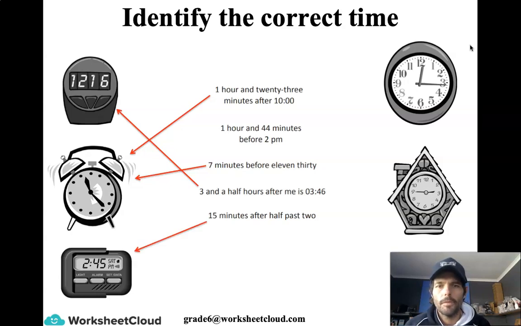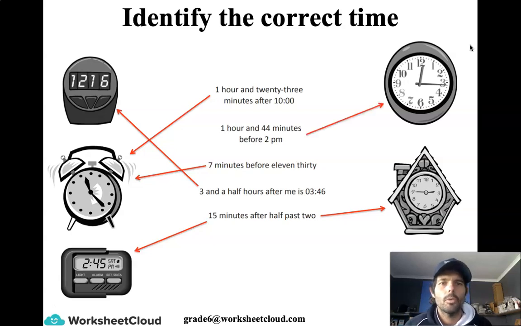Then we've got 15 minutes after 2:30. Okay, so 2:30 is 2:30, so 15 minutes after 2:30 is going to be 2:45, but the clock on the right is also indicating 2:45. So we know when the minute hand is at 9, 9 times 5 is 45, and you can see the hour hand is almost at the 3, so that one is also 15 minutes after 2:30,